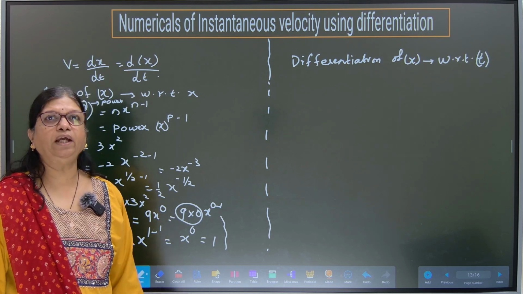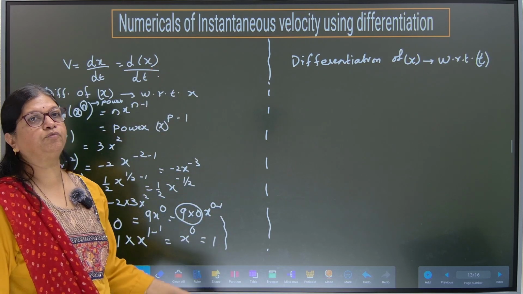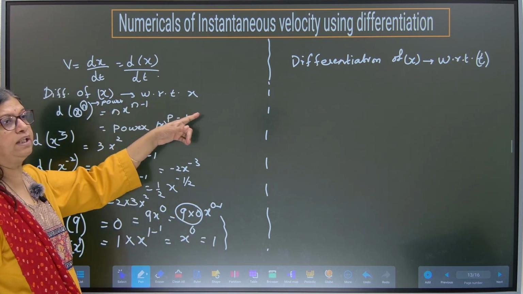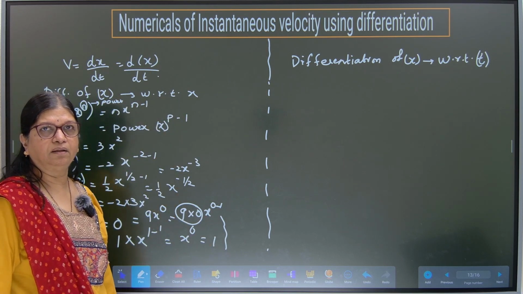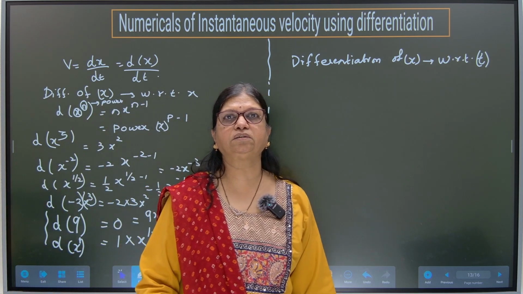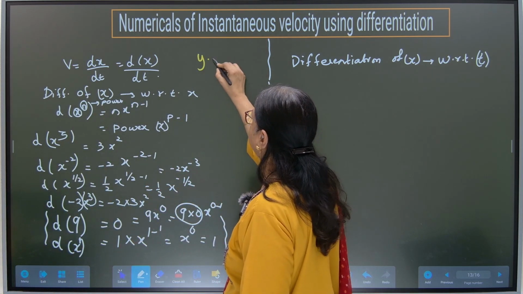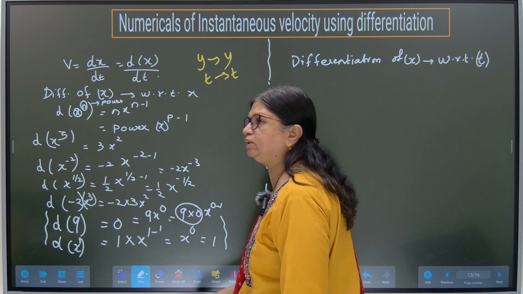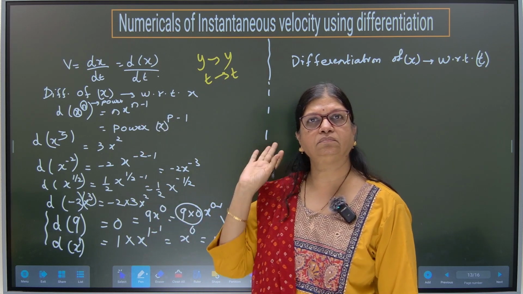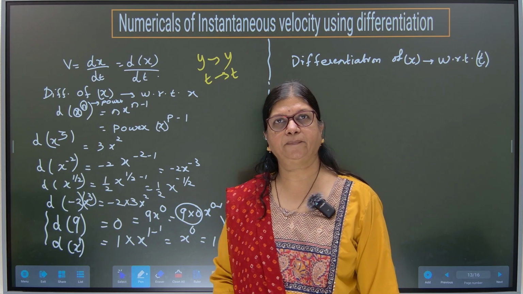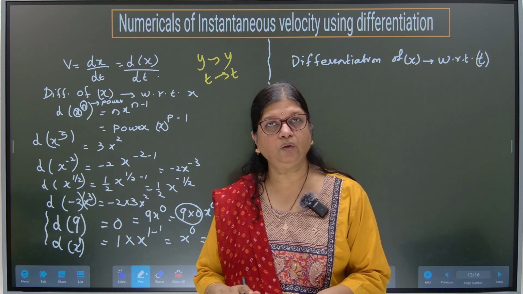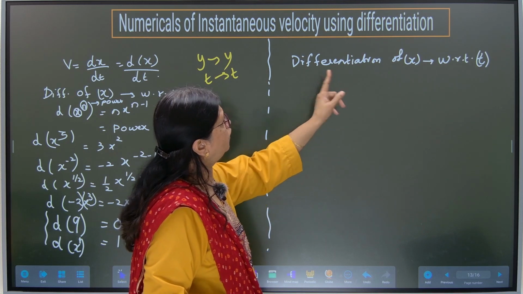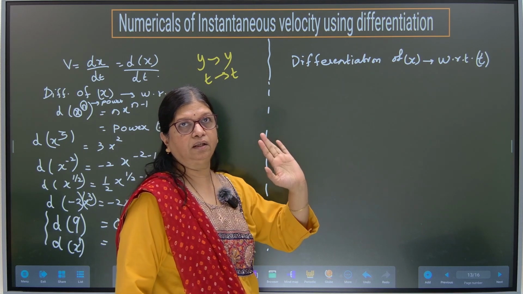Fine. Okay. So this is the way you have to do differentiation of the same variable with respect to the same variable. Suppose I have y. Then also I will follow this: differentiation of y with respect to y. Differentiation of t with respect to t. I'll follow the same procedure and the same formula. I don't have to worry for that. Fine. Now, I have another section in which I have differentiation of x with respect to t.